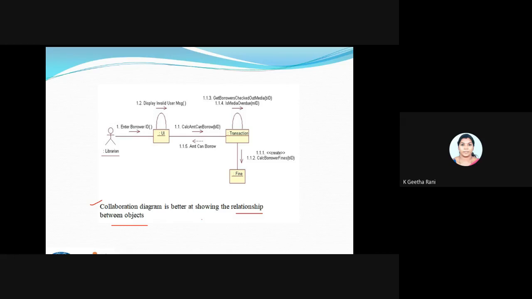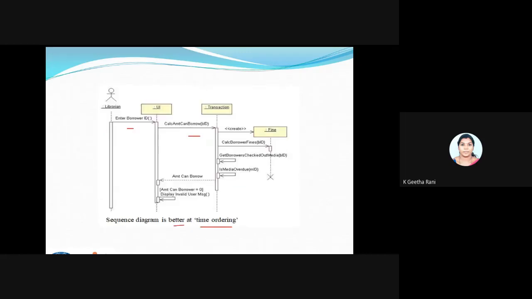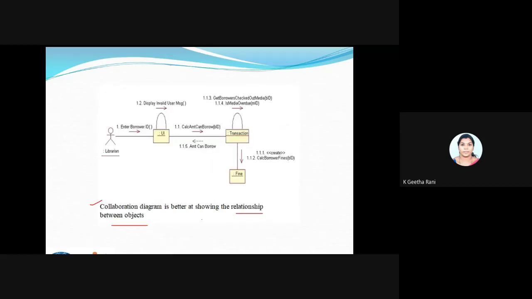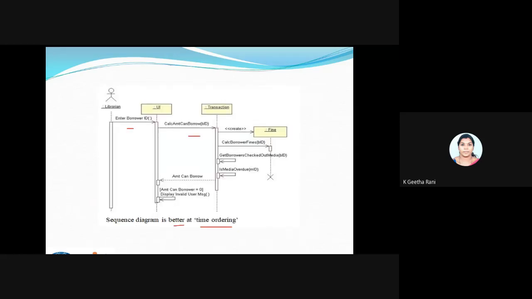Fine. So if you have a scenario, a problem, and they're telling you to draw a collaboration diagram, we have to pick all the objects first. So what will be the important one? Who will be the actor? For that alone, we have to draw a diagram. If I'm going to take two objects, what message will I be passing between the two objects? What will be the main messages? That alone we have to list and draw. Fine. So if you draw the sequence diagram, this collaboration is very easy for us. You can draw this collaboration from a sequence diagram itself. We have a link, you can say.